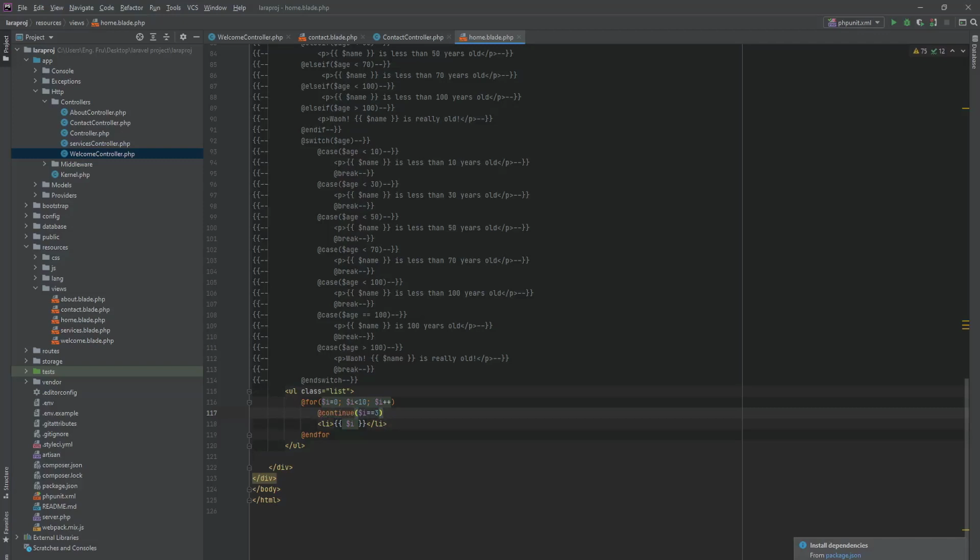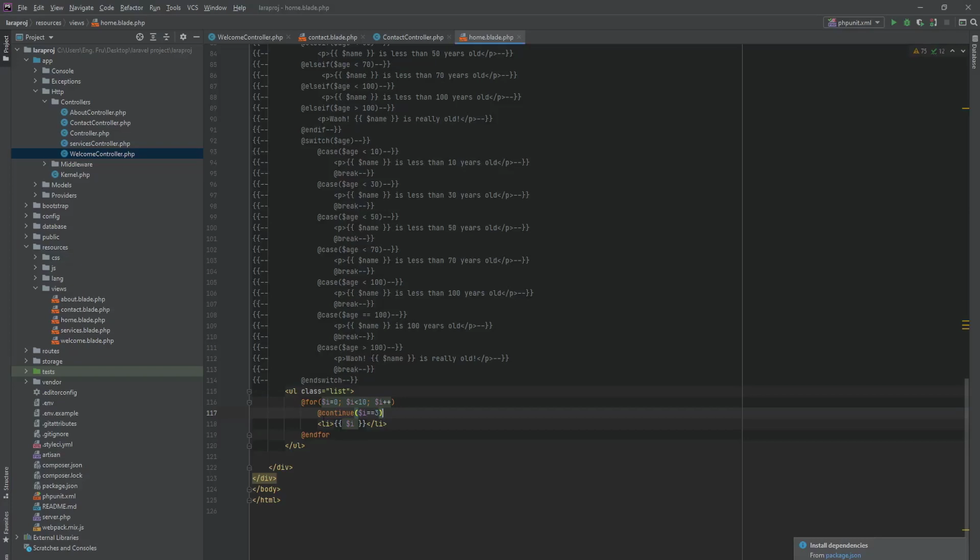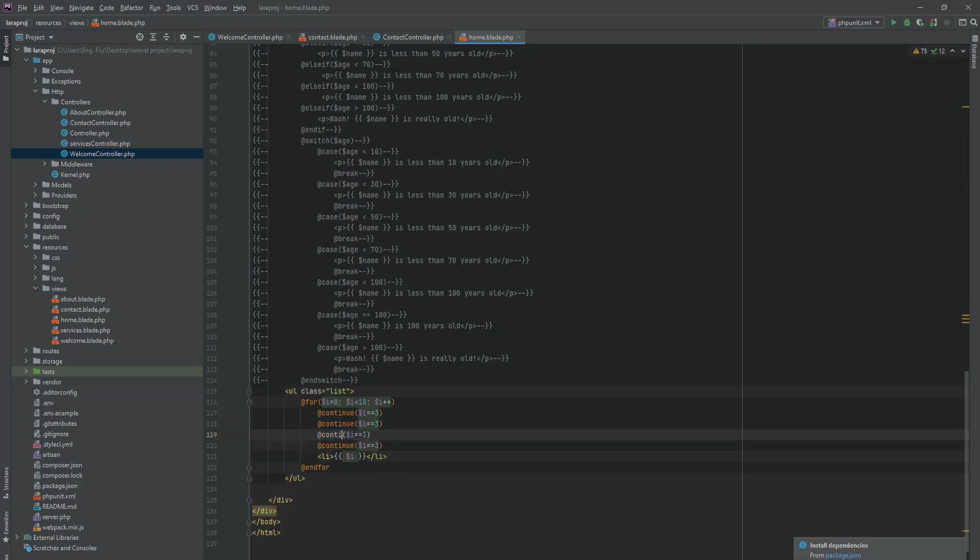Okay. So continue. So you see 0, 1, 2 is going to skip 3 and so on and so forth. So you can add as many continue statements as you want. You can also combine it with the break. So let's say inside here, if I remove the break, okay, now I need to break if I is equal to 6. Okay, I need to continue here if I,